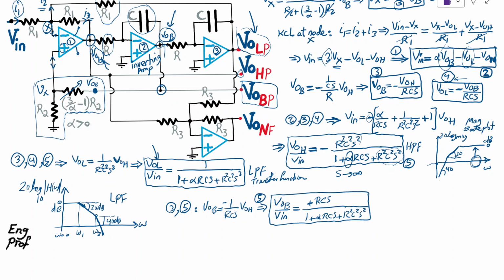And why is it the case? When S goes to 0, you can see that the numerator goes to 0, obviously meaning DC, near DC or at DC, we don't have, the denominator remains non-zero, so it's obviously not passing DC. When S goes to infinity, you can see that the dominant term in the numerator is RCS,